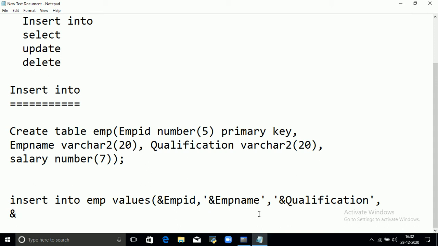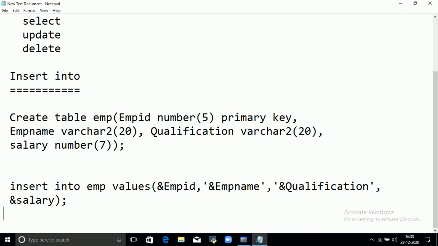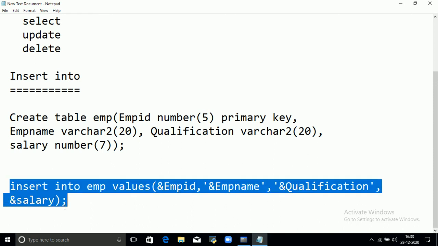No need to use single quote for salary because salary is a number data type. Always the characters are enclosed with single quotes here. Close the parenthesis and give the semicolon. Now execute this command in the command line. I am just copying this command.